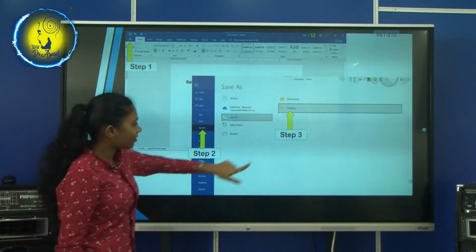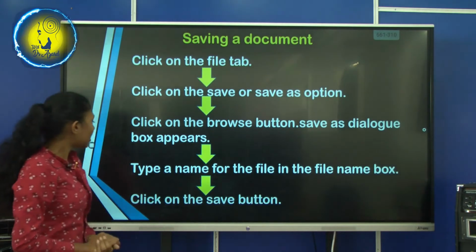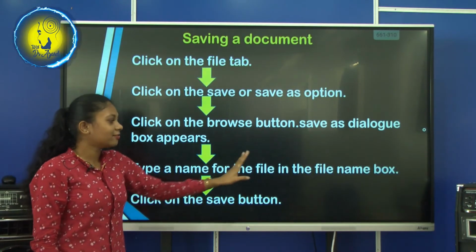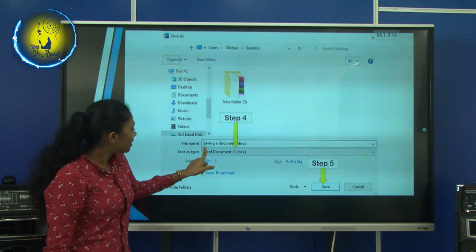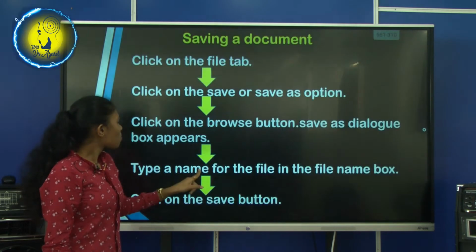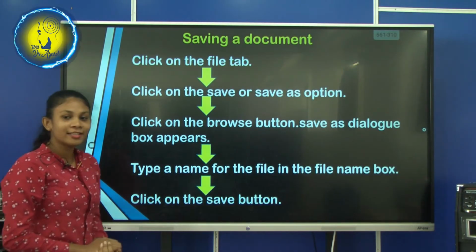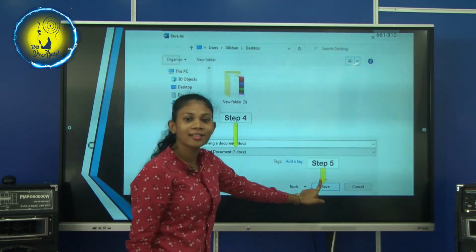Yeah, this is Browse button. Now type a name for the file in the name box. Then click on the Save button.